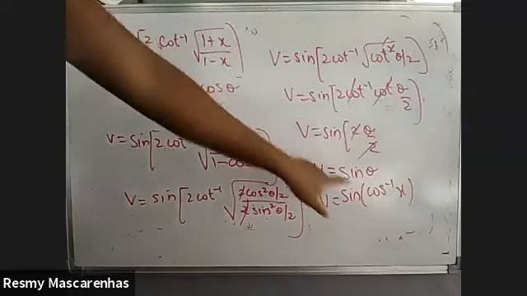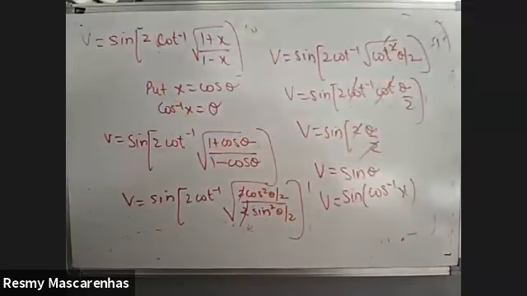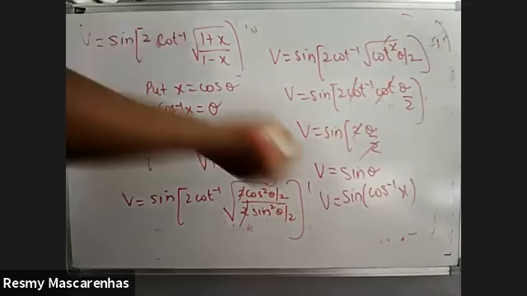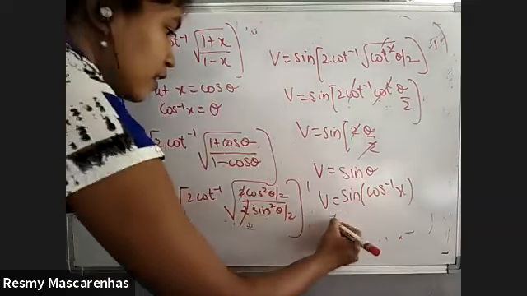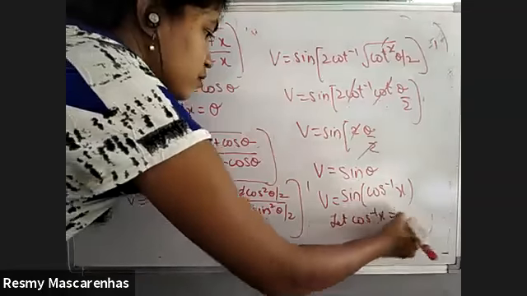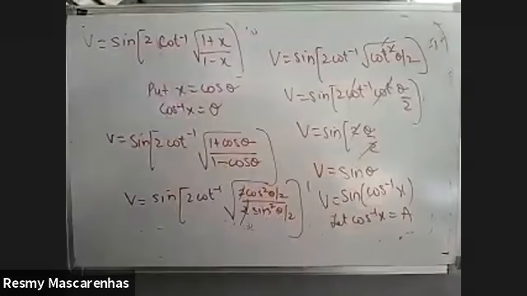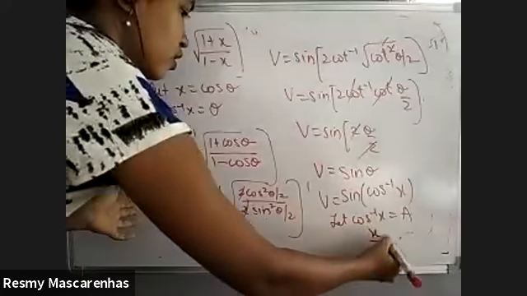This is done. Now, if there's an inverse trigonometric function inside a normal trigonometric function, what do they have to do? Triangle method. So simplify using triangle. Otherwise, there's no other choice. So let cos inverse x be equal to some other letter. Take it as a because theta we have already used. Then use triangle method and solve.